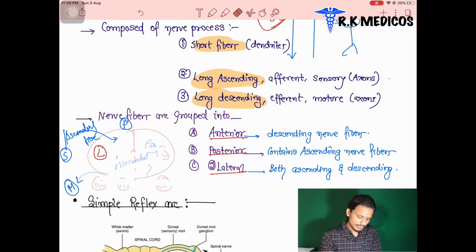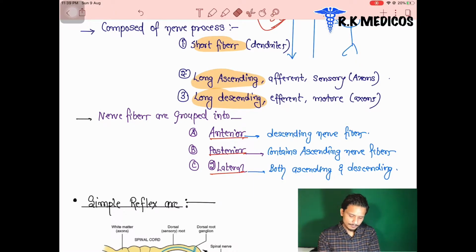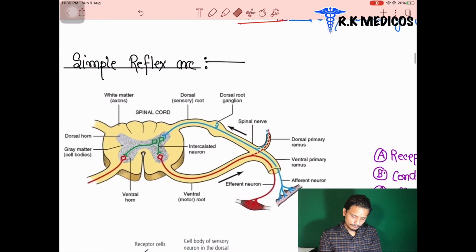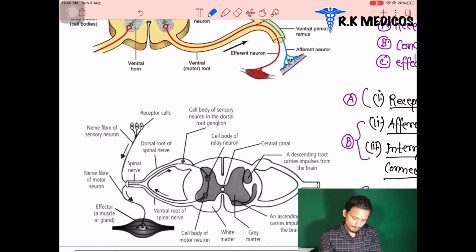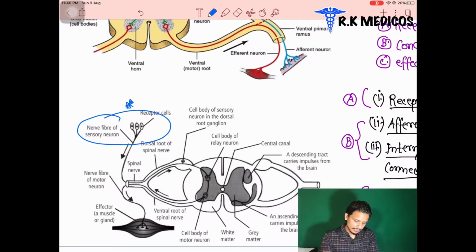Next one, we are going to see simple reflex. How the reflex is going to generate in our body, we can see. Suppose that there are five main components of any reflex generation. You can see in this picture. Suppose that there is any part of our body, we can see there is an effector part. Suppose that the sensory impulses from here are moving inside the spinal cord. I already told you what it is, that is sensory fiber. These sensory fibers, ascending fibers, move inside the spinal cord,